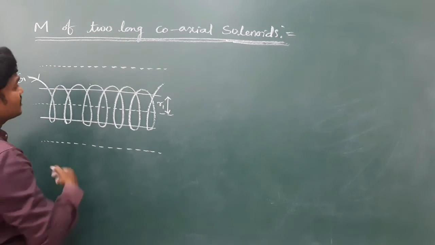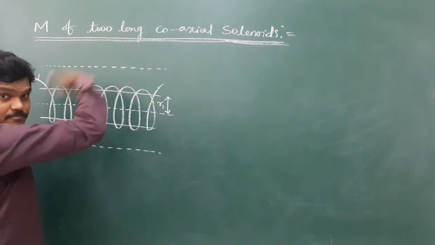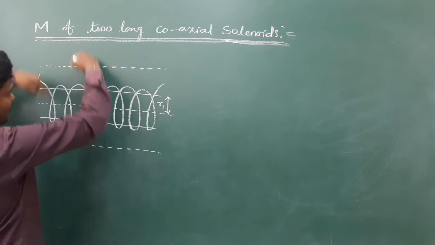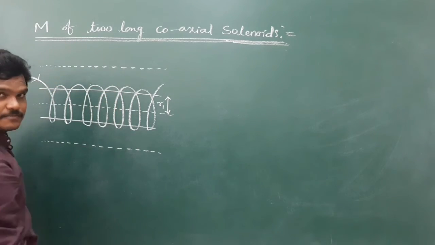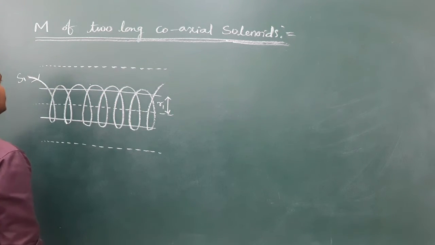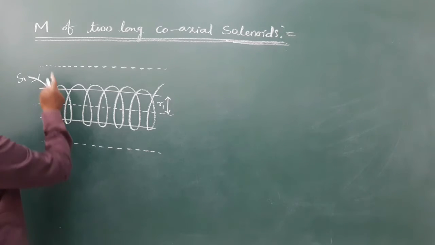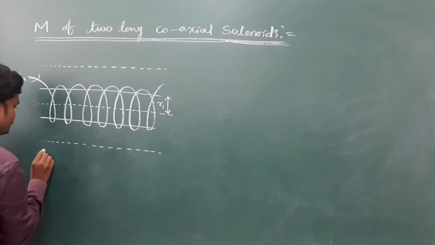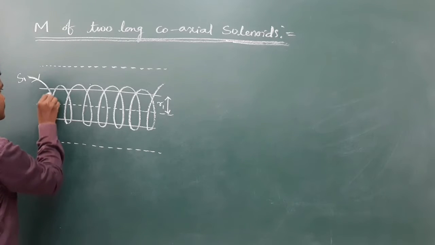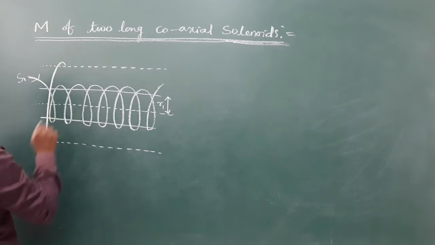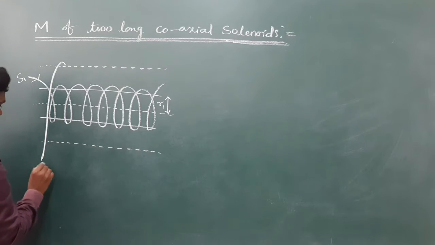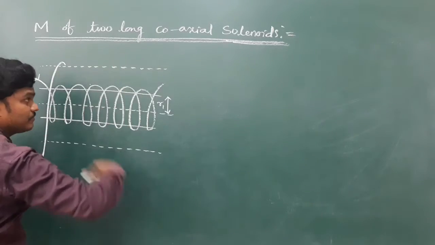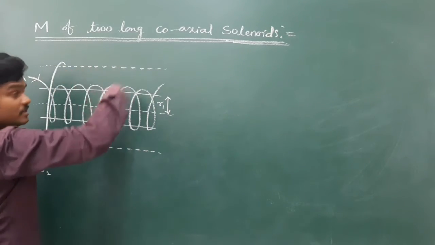I am going to draw another solenoid on this solenoid. They do not touch each other; I am just going to draw one more solenoid above this. The diagram looks different, but you try to draw it. Let me draw another solenoid like this. This is another solenoid, S2. So you draw like this, one surrounding the other.